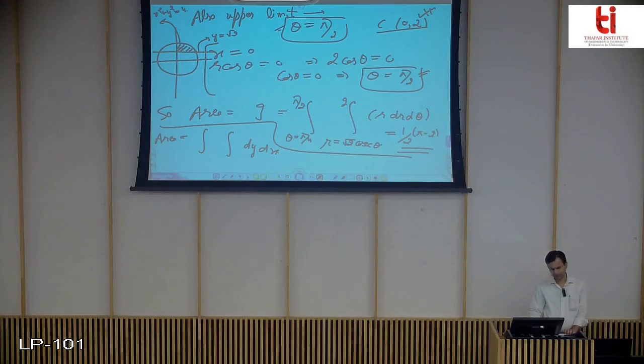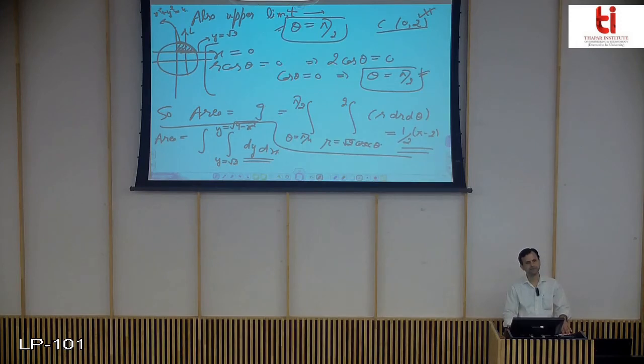Now you can even take dx dy. Let me take dy dx so that I take a vertical line. Here I am trying to show you how to find the limits of integration in Cartesian, so that you can see which integral is easy to work with. So y enters at this line, y equals root 2, and leaves at this circle. The circle gives y equals root of 4 minus x square.